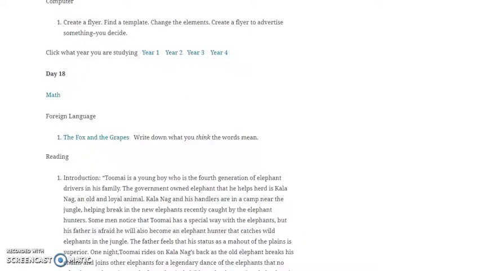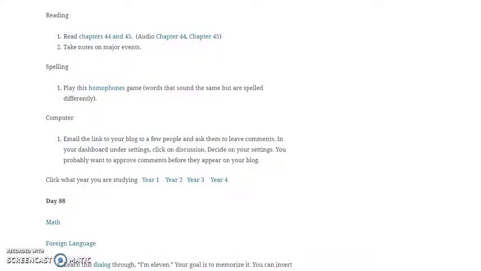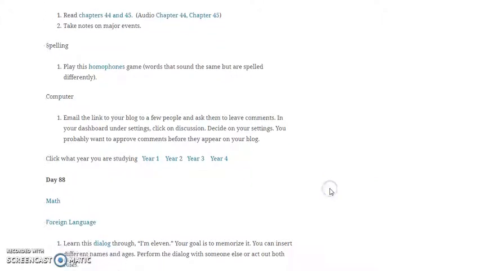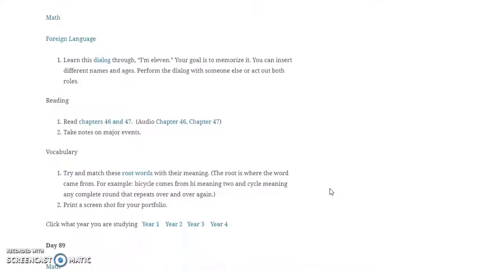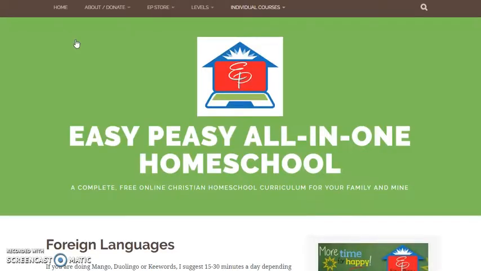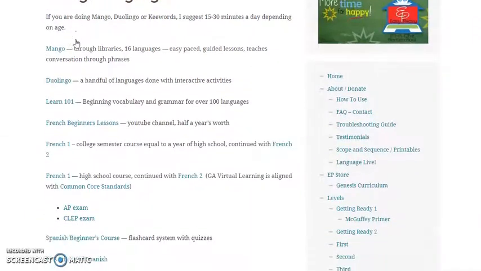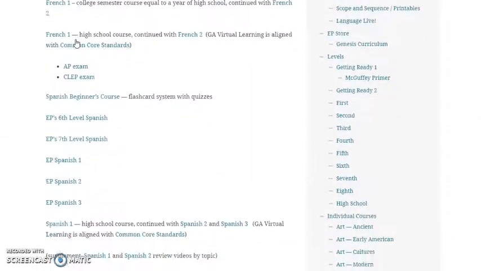And then later down in the year, we get to Spanish. Just jump here. Okay. So we get to Spanish. It still says foreign language as the heading because maybe you don't want to use Spanish. The Spanish is put right into their lessons. But if you decide you want a different language, we don't have any other full courses, but we have this foreign language page with some suggestions.